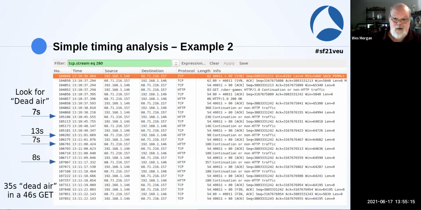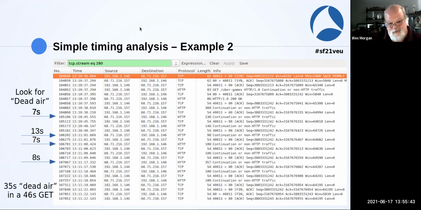Because again, notice this is not a network layer issue. There are no retransmissions. There are no indications of congestion or loss. This is straight up dead air. The application is not talking to us. So this is an example where you would definitely go back to the applications folks and say, do you realize